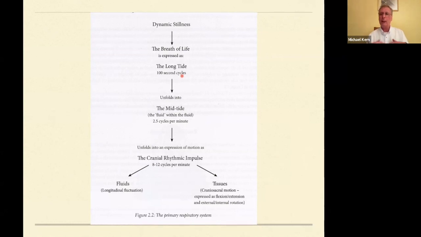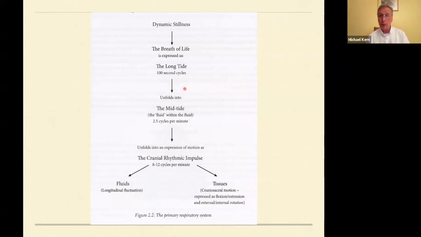It's a very subtle movement that a student of Sutherland, also one of the great pioneers in this practice, Dr. Becker, called the long tide. He referred to the long tide as this most subtle rhythm that emerges from the stillness that Sutherland described, that emerges as a kind of groundswell from the stillness